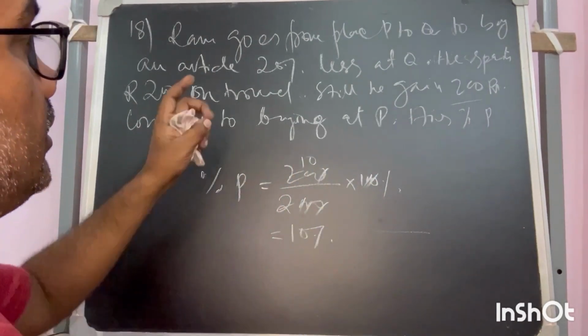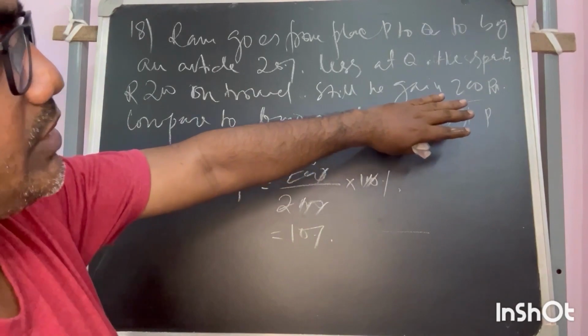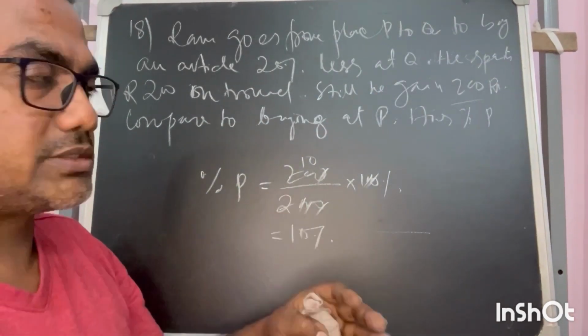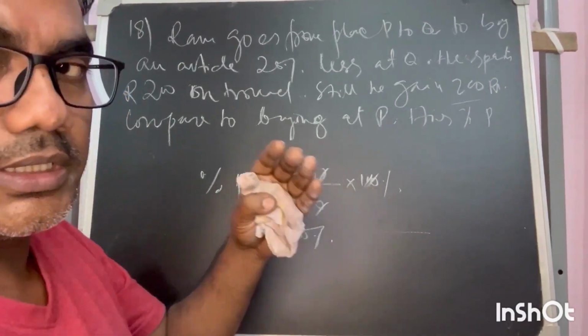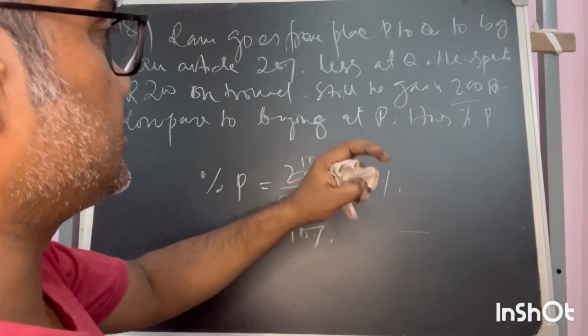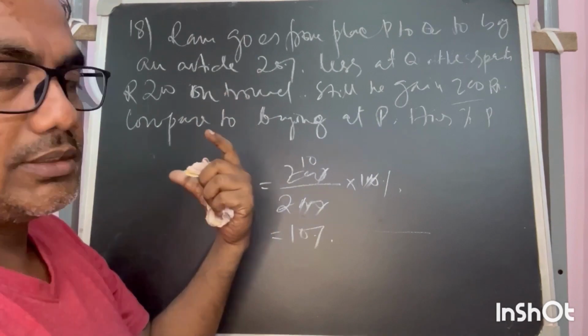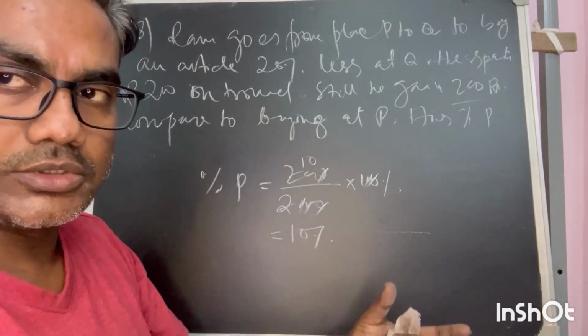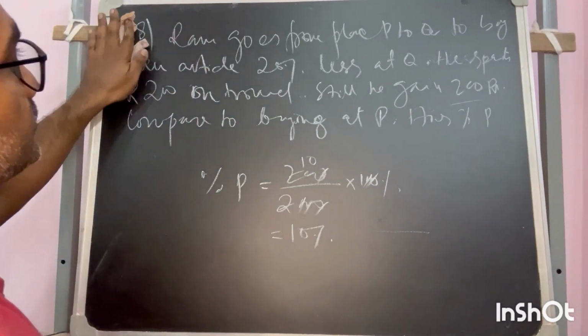So without selling it also, if he can save on the purchase cost price, that is also considered to be a gain. So don't confuse it with the selling price. If he is not selling, he can still save money by an alternate source. Okay,